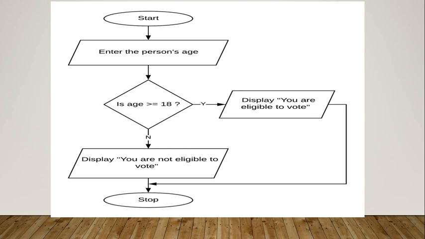And based on the decision, any one part will get executed, either the yes part and it will stop the flowchart, or the no part. After displaying the message, it will stop the flowchart. So again, one starting point and one termination point is there. Inside the flowchart, it creates a branch, but one ending point will be there.